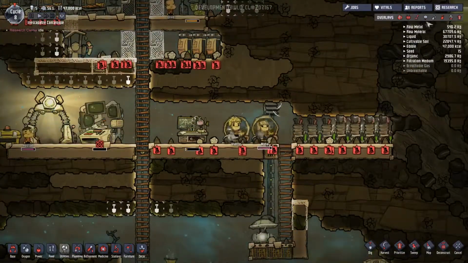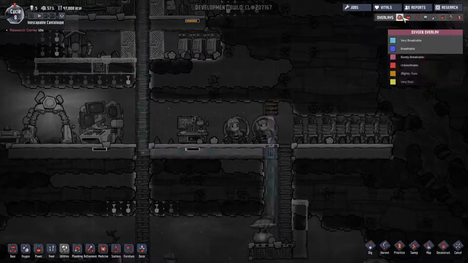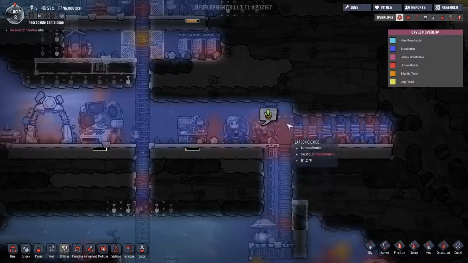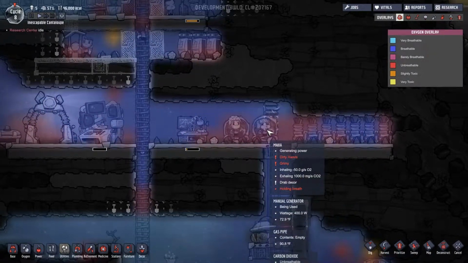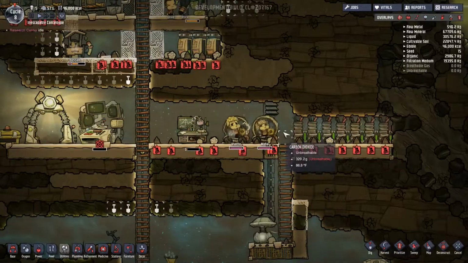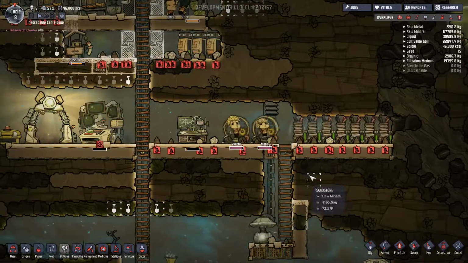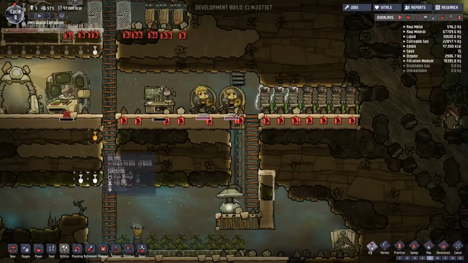Yeah, we're still having some problems breathing right there. Putting both of them right next to each other might not have been the best idea, considering how much carbon dioxide it's creating. She's having to run, hold her breath, run, hold her breath. We don't have enough vent down here, I suppose. Okay, so let's see. What if we...